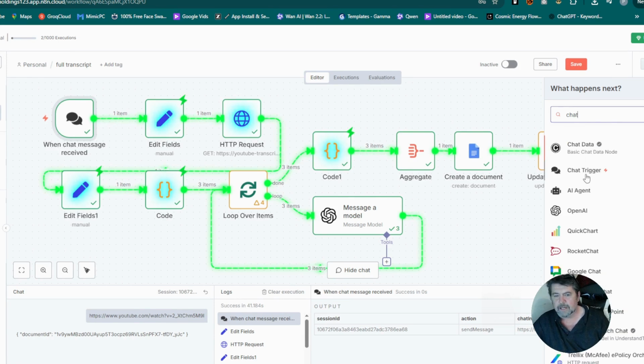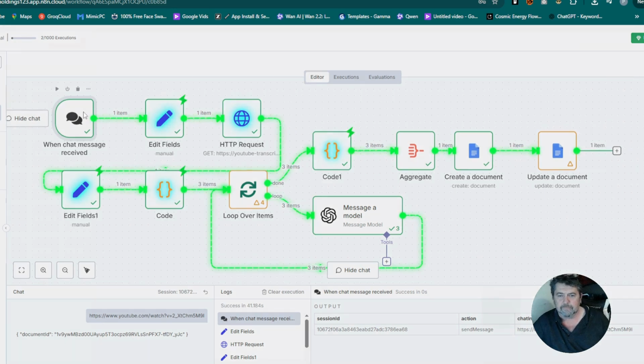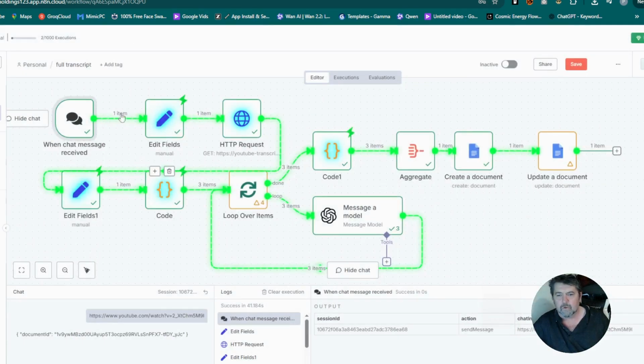And then you get chat trigger. It won't let me do it because I've obviously got one on. But then you just do that. It's a simple one, you don't need to do anything with it, you just open it and it's ready to go. Then what you would do, before we set any of this up, is put your URL in here,